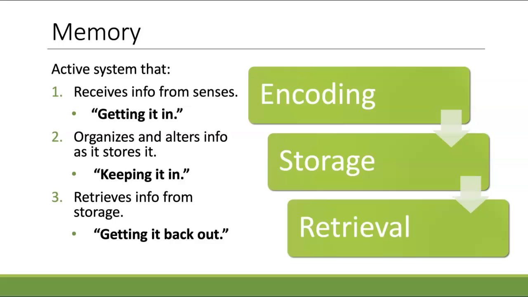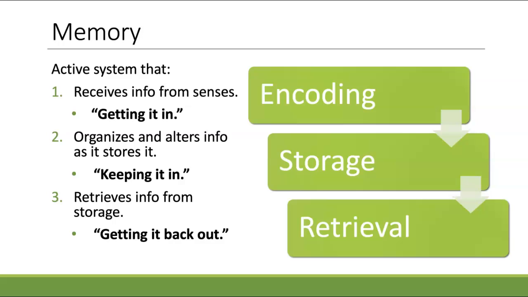Storage is then the retention of that encoded information. So you organize the information, that information gets altered, and that's what we're going to talk about in a future video: the way our existing belief systems, our view of the world, our pre-existing memories, our emotions, how all of that can alter the memory as it's being stored. So you organize it, it gets altered, and it gets stored. This is the keeping it in stage. On a computer system, you've opened up your Word document and typed in your information, that was encoding. Storage is then saving the file, right?